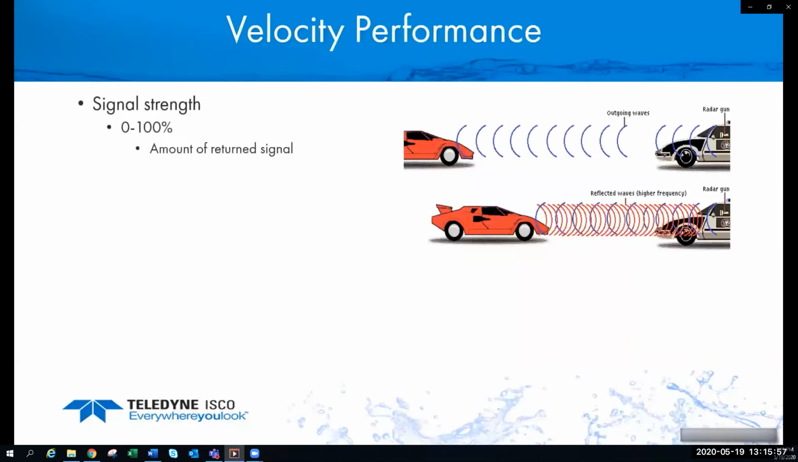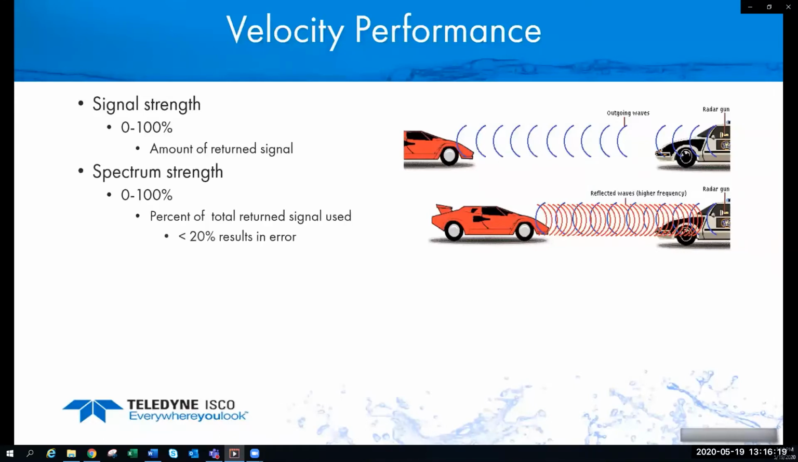Diagnostics that we can use with the velocity readings are the signal strength. It has a range of 0 to 100%, and this determines the amount of return signal. So it transmits the signal and determines how much gain is needed to get a good return signal back. Which then brings us to the other parameter, which is the spectrum strength. It's also on a scale of 0 to 100, but I feel this is the more important of the diagnostics,